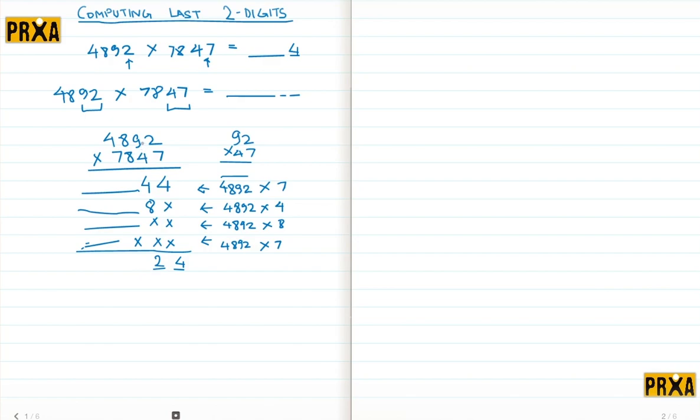So that's exactly what I meant when I said, if I were to find the last digit of this computation, I just use the last digit of this number times the last digit of this number, and boom, there's my answer. If I were to find the last two digits of this computation, I'll just pick the last two digits, multiply them, and whatever the last two digits of this answer are is going to be the last two digits of my final answer. So clearly, any large computation,